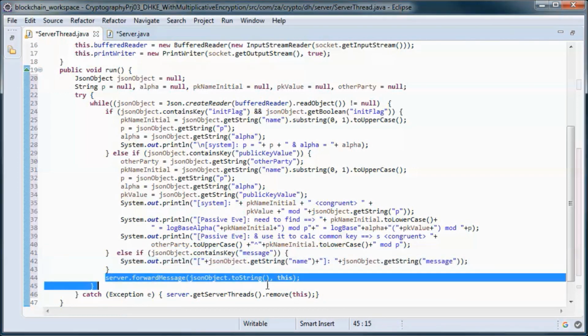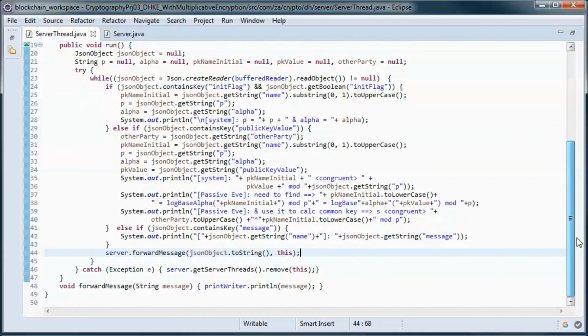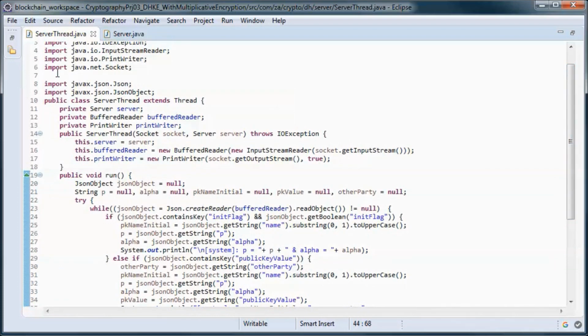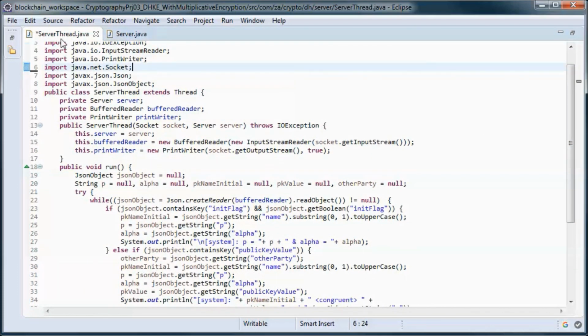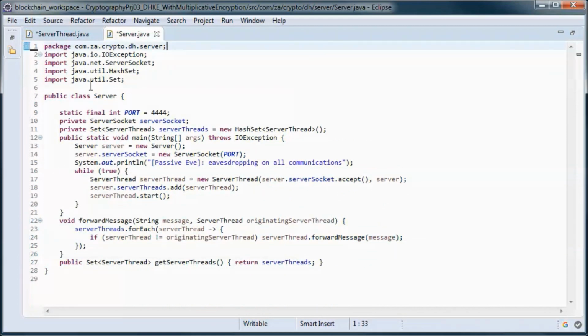So here we are doing the forwarding. This should do it on the server side, and next we will do the client side.